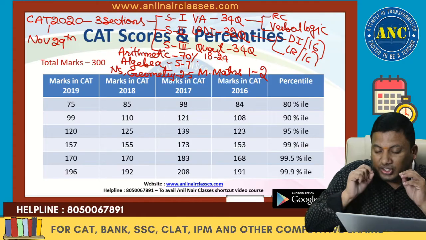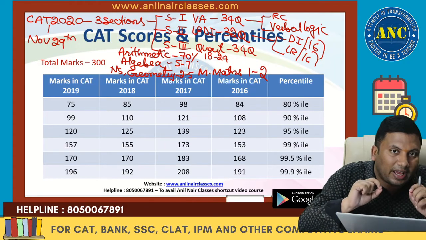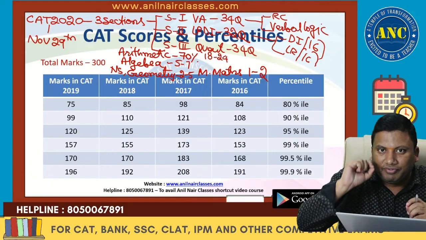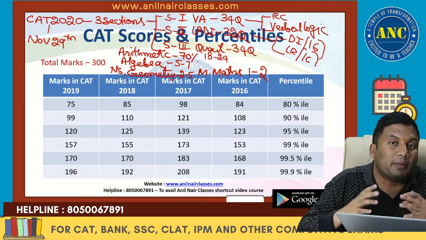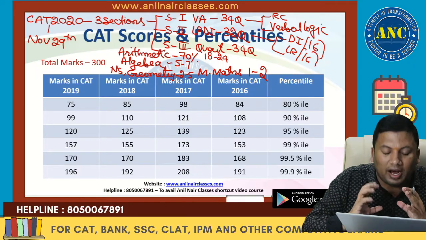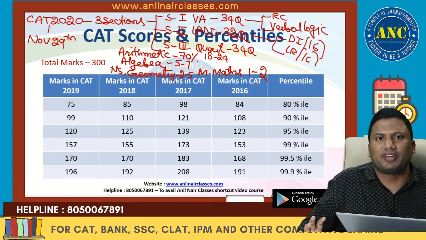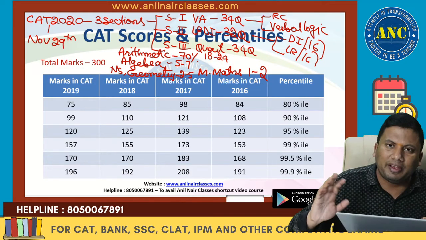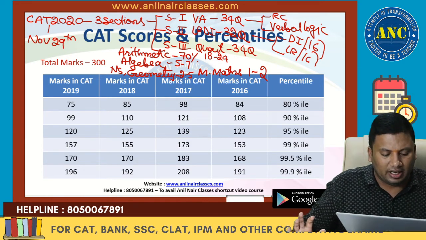This is an extremely important trend that we are observing from CAT 2015. From CAT 2015, the area from which the maximum questions come is arithmetic. Modern maths has always been, for the last 30 years, maximum 2 or 3 questions, and that too from the fundamental principle of counting.